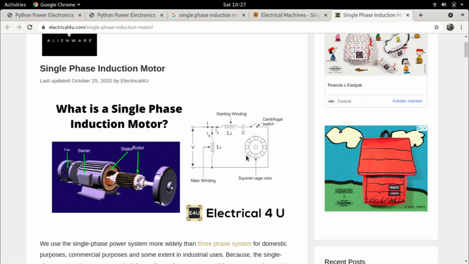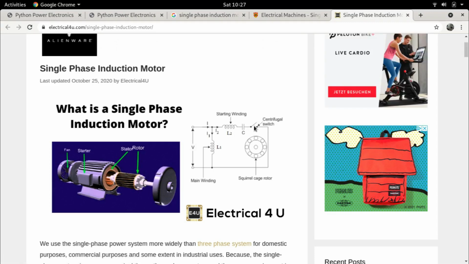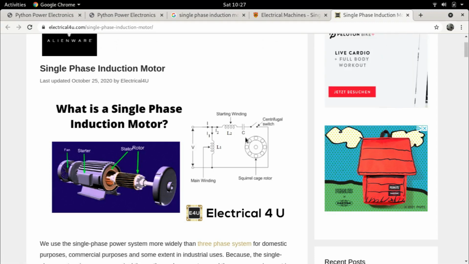Now there are several setups. For example, in this case this is purely a starter winding, which means this is used only when the machine starts. Once the machine has started, there is this centrifugal switch which detects if a certain speed has been attained and it opens. So this starter winding does not play a role in steady state. That's one case. There are also cases where this centrifugal switch does not exist, so the winding is always in play. So there are those kind of windings as well.